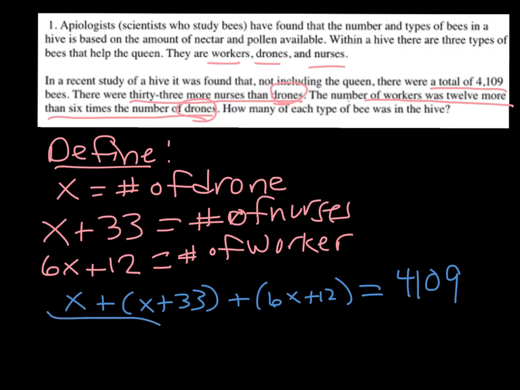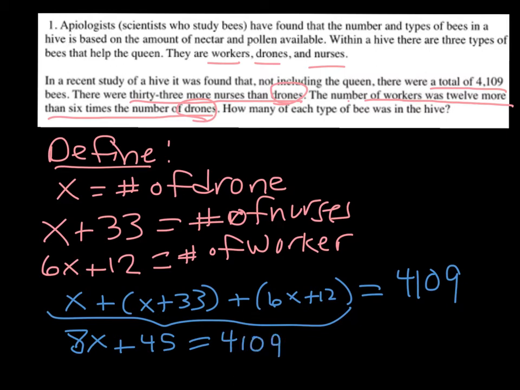Okay? So now that looks kind of crazy, but in chapter 3 you simplified expressions by combining like terms. So in all of this, I'm just going to simplify it. It looks like I'm going to do the distributive property, but I'm not, because there's not a number right in front of the parentheses. So really I'm just going to combine like terms. I've got 1x here, 1x here, and 6x there, so that is going to give me 8x. And then we've got a 33 plus 12. If I combine the constants together, that is going to give me 45. All that has to equal